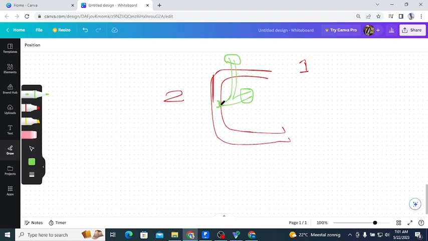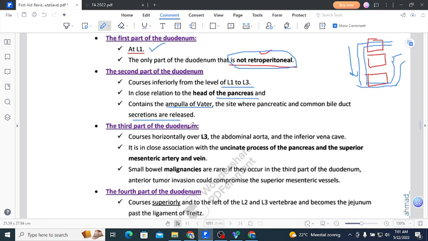And this is the point of demarcation of the foregut. Like the foregut is above it, and the midgut is below that. So this is the point, and this area is called the ampulla of Vater, and there is a sphincter that is called the sphincter of Oddi. Now let's come back. So the third part of the duodenum